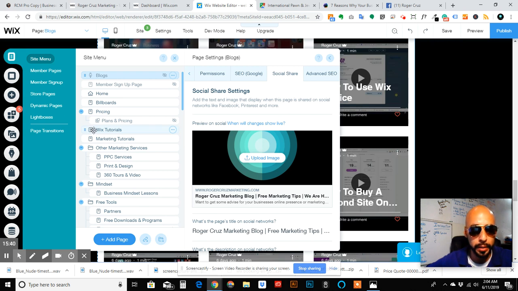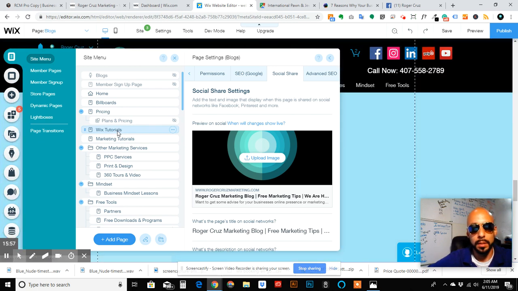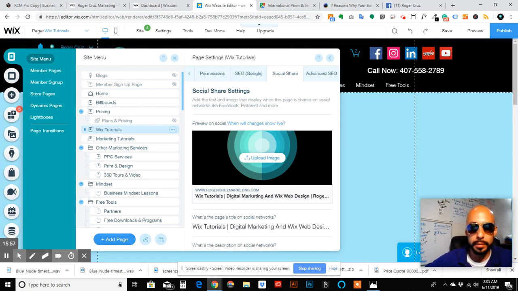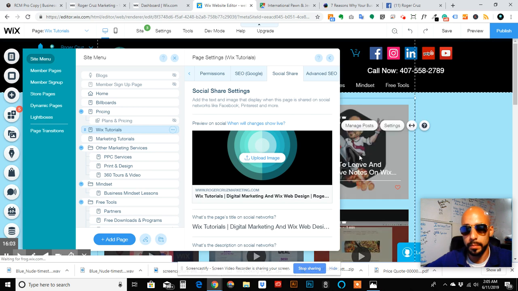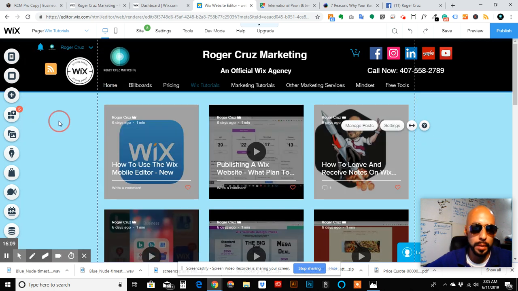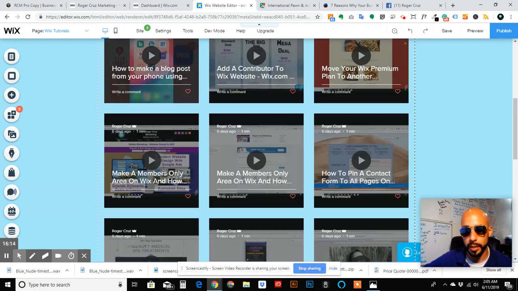just a regular page. So anything that has this sheet of paper looking icon just means it was started off as a blank page or a page from a template, but wasn't an application. So let's click down on that, and let's take a look at it here in the editor. Awesome. So as you can see here, this looks like the blog page I just showed you a second ago,